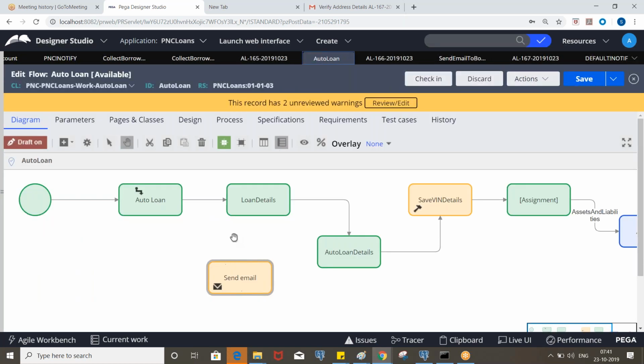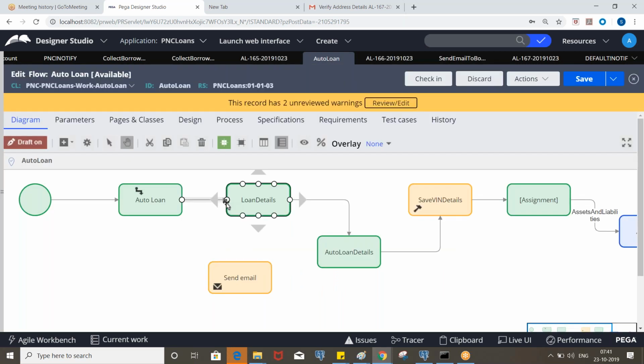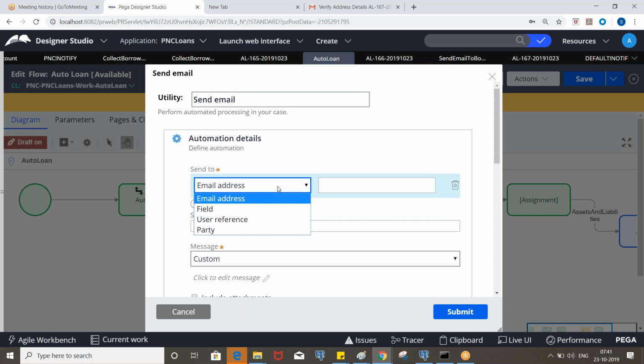So that one will take the email, password, all the details from this. You can try that: first you work with the activity, then you disable that activity and use send email notification like this. Okay, and here the email address is the to email address. The field you can pass dynamically, or you can specify the email address like this.